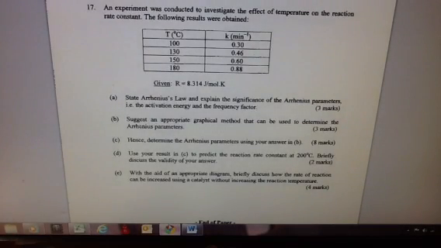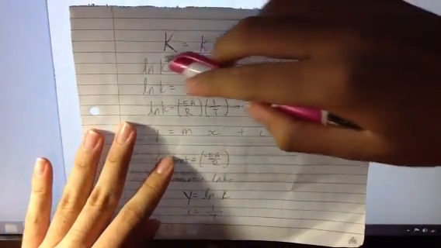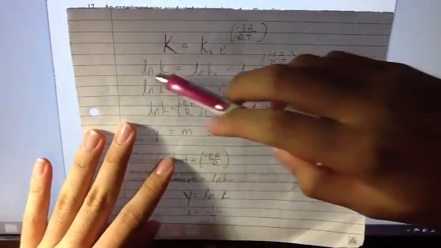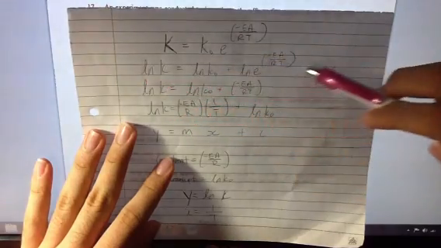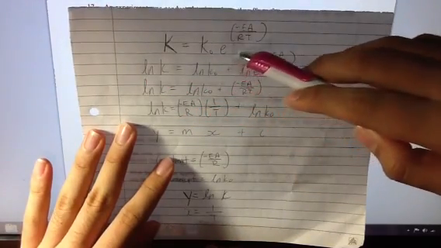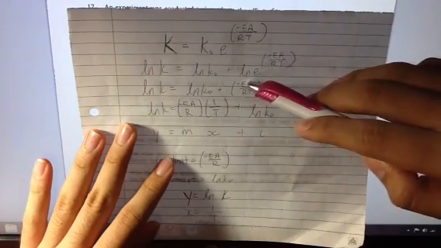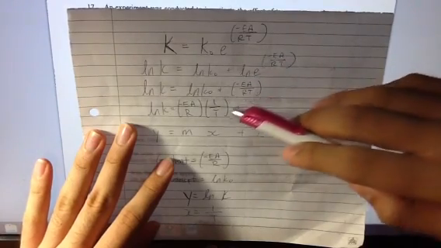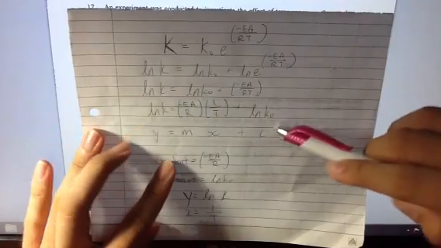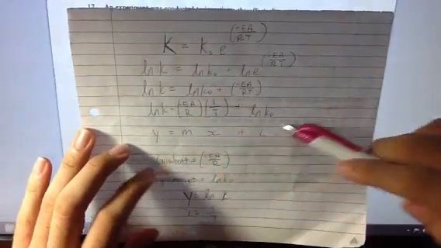So part B suggests an appropriate graphical method that can be used to determine Arrhenius parameters. So with a little bit of math, we will solve it. This is the original equation. We will first start by taking the ln of the entire equation, and when you take the ln of Euler's constant, the power will be brought down as shown, and you will rearrange the equation so that it resembles y equals mx plus c,